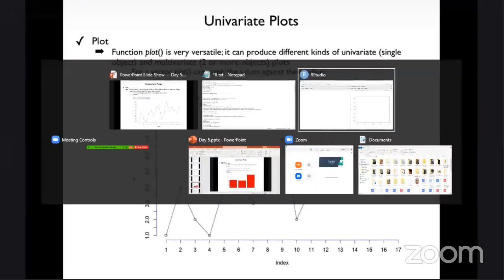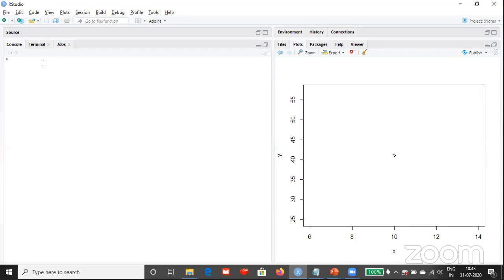We have some data which is known as your iris data. See here, it is available. The name of the data is iris. So whenever you want to use the data, what will you use? Always use the word attach, which means after attaching, you can use the variable names automatically. So iris is available. Okay, attach iris. Iris is not found. So first you have to